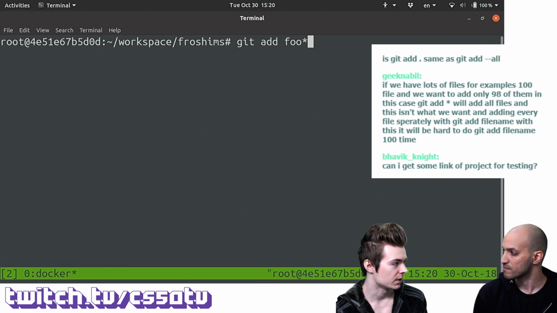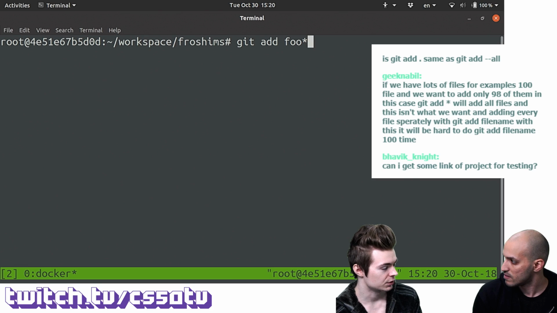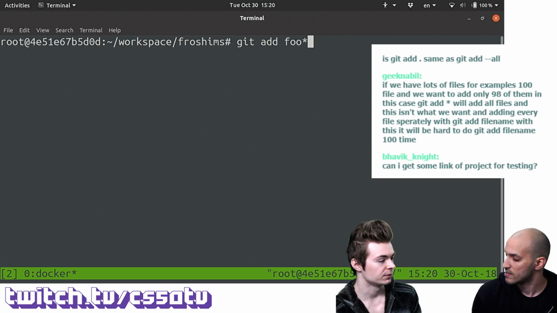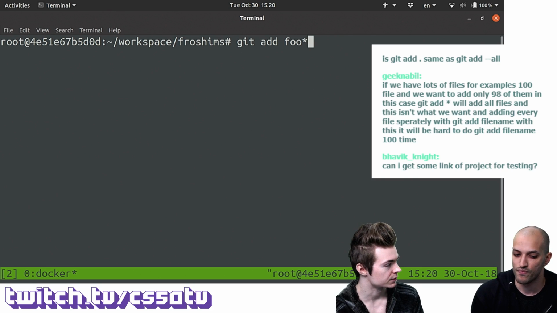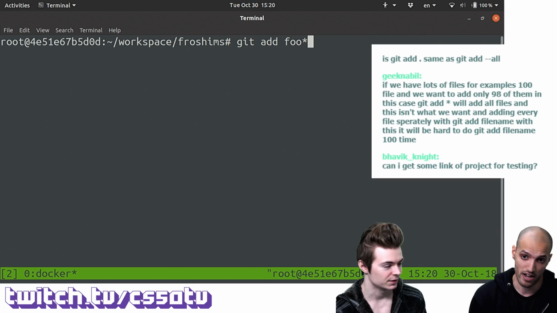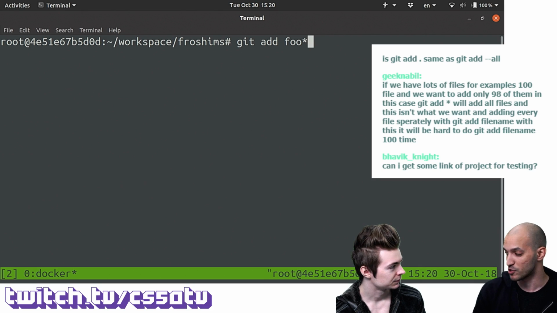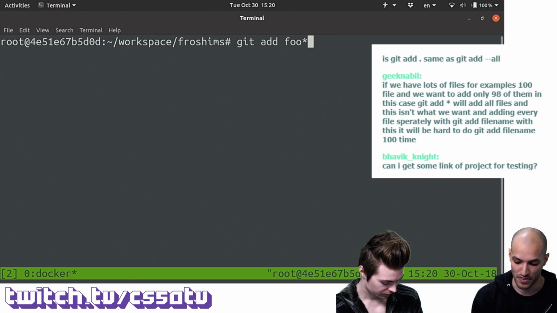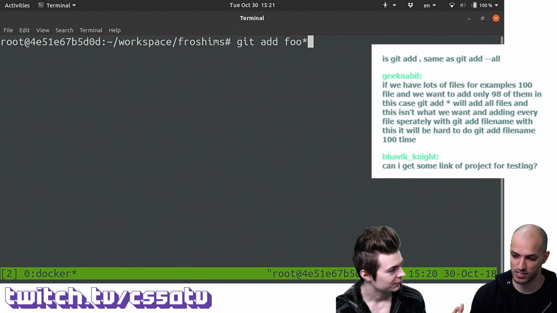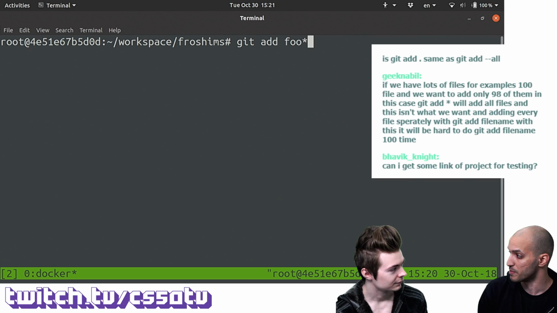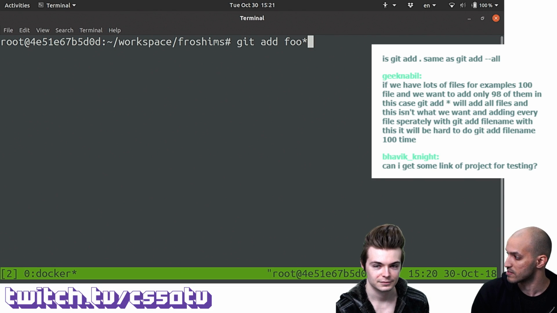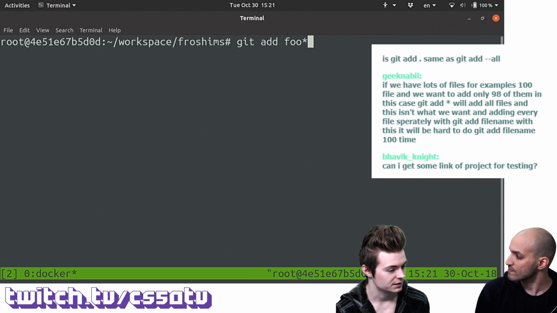So it's kind of on the developer at that point to be smart about making sure all the files start with some common identifier or have a common file type, suffix. That's exactly right. I personally imagine it's going to be a pain to manually add 100 files, of course. So maybe there's some criteria that you could match all these files with, and it should be pretty easy to use this criteria to add these to the staging area. Makes sense. Cool.